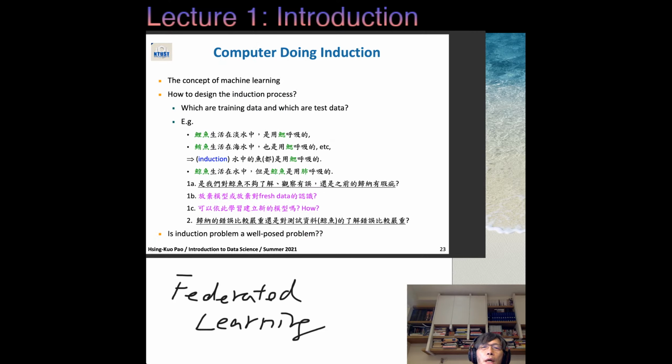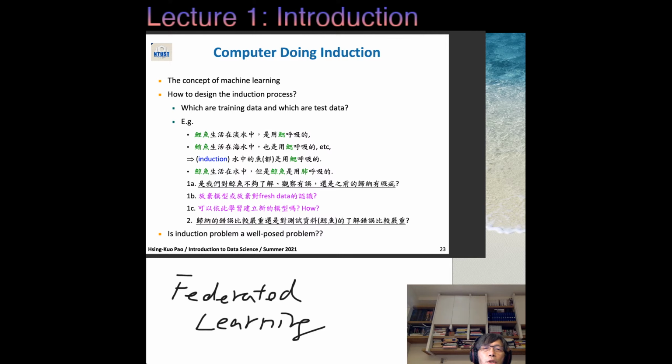So probably you see some Chinese characters, right? It doesn't matter. I just want to give you an example: for a computer to do induction, we usually rely on a few examples, some data, and given some data, we want to draw a conclusion. After that, we use the conclusion to test on future examples, to see whether the conclusion built in the old days can still be correct in the future.